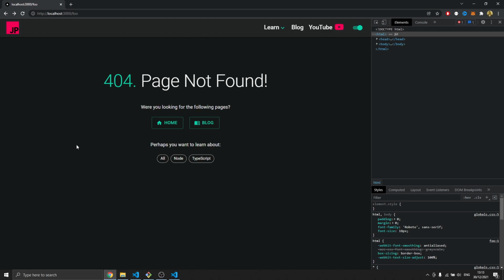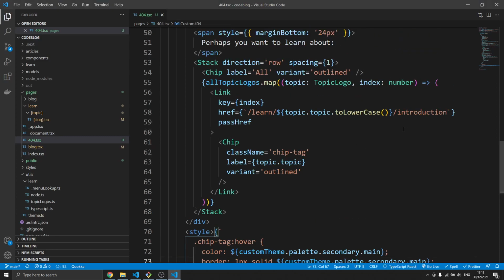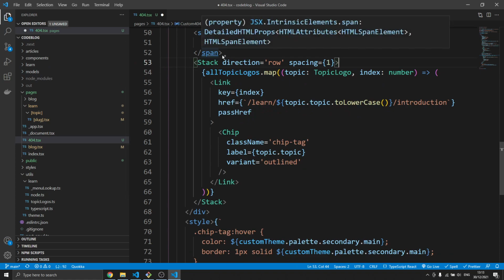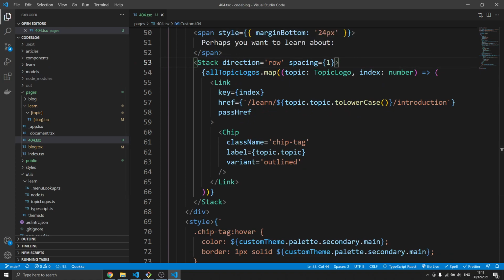And now we can see that we got this nice 404 page. And then perhaps you want to learn about one of these. So I've actually got an or here as well. I think I need to get rid of that. Yeah, so let's get rid of that there. And now if we save that,